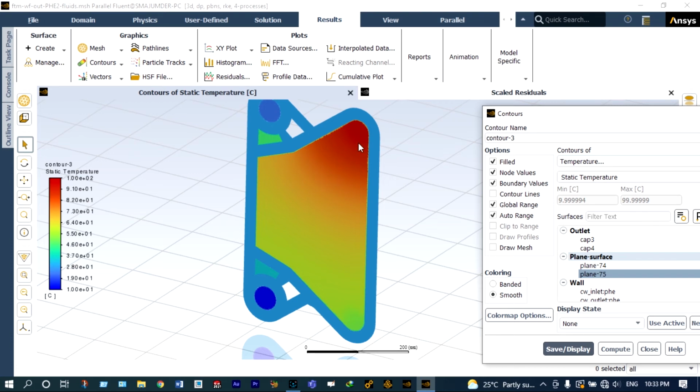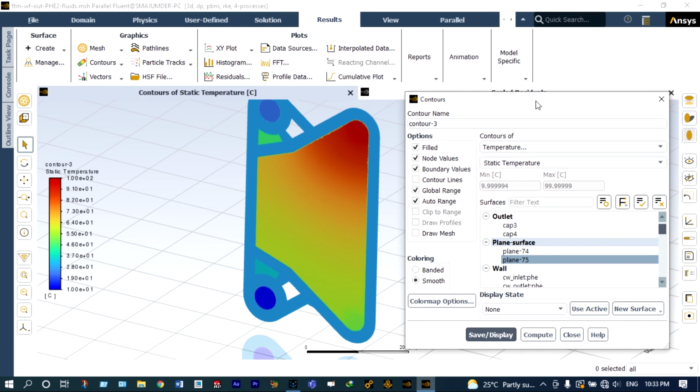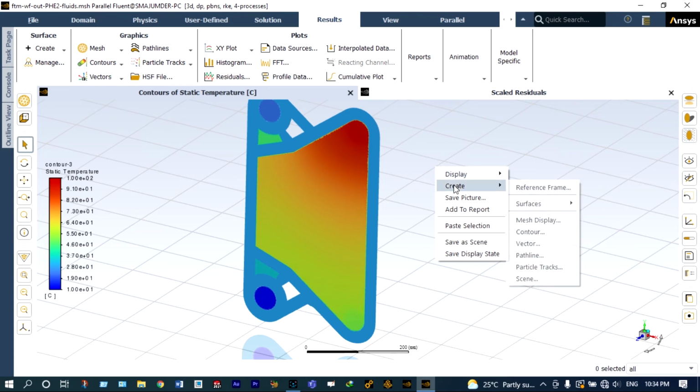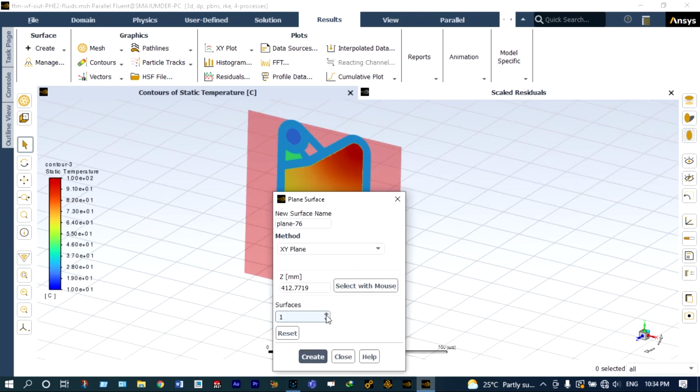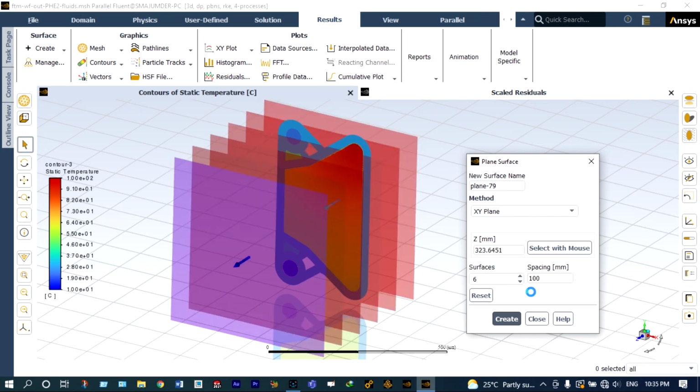We have seen that in the plate type heat exchanger we are having alternate hot and cold region. So what we'll do is make different planes along this one. Along the front side we'll make different planes and see the distribution of temperature and pressure, right? So let us make some other planes also. Let us create several XY planes. Let us create 5 planes, and in between them let us provide a distance of 100 millimeter. We have created 6 planes,